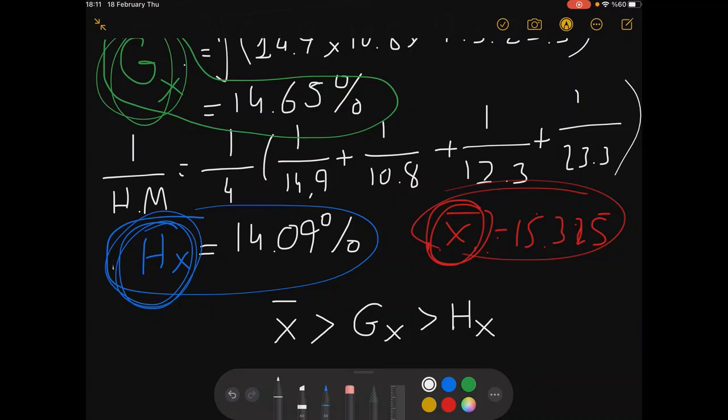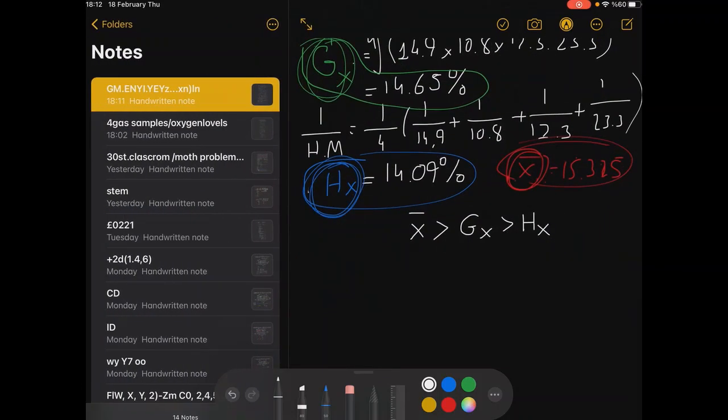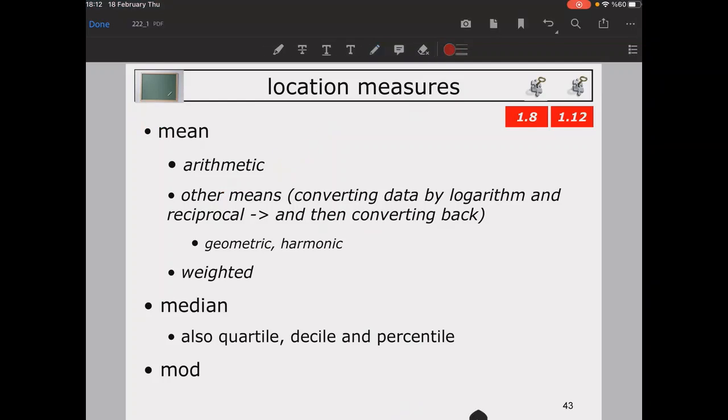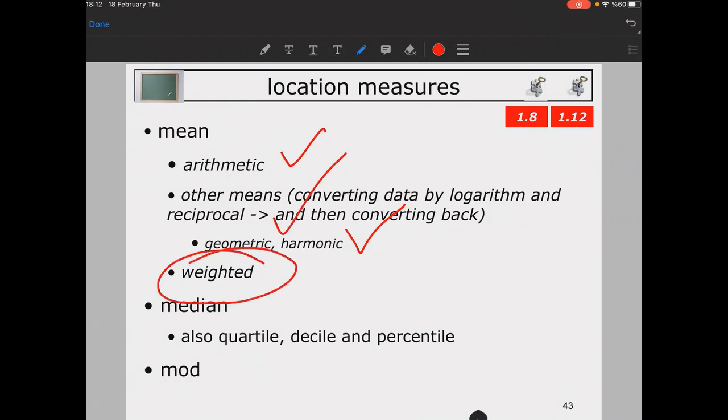We usually rely on arithmetic mean in our daily examples, but some types of populations show different distributions. They can show some skewed distributions, and you are forced to use geometric mean and harmonic mean in those cases to represent those populations practically or in a much better way. Okay, now let's continue. We're finished with this one and this one as well, and now we go to weighted mean,